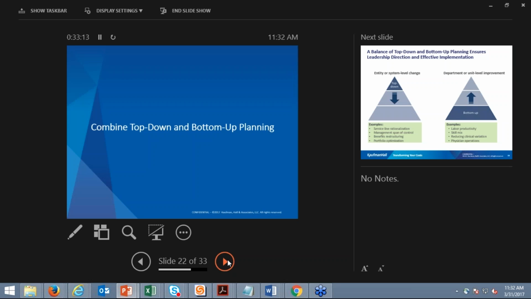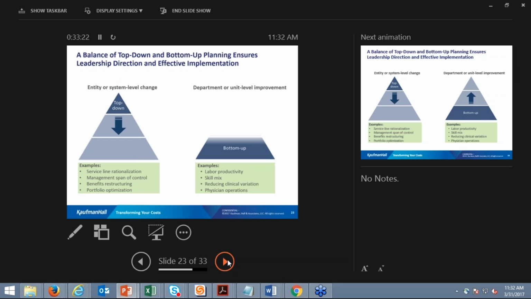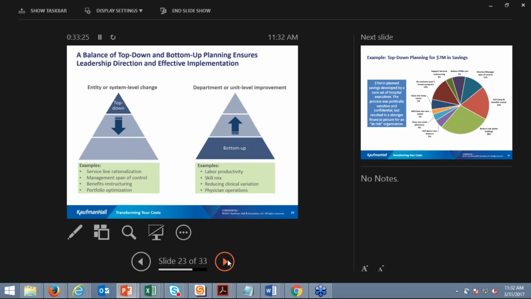So then part of the lead process is the planning process, and we wanted to kind of talk to you about what that can look like. On the next slide, you'll see that we really need to measure both that top-down approach with the bottom-up. So for example, there are going to be plans in the top-down approach that can only be top-down, right? Benefits restructuring, management span of control, that you really wouldn't want to engage the organization in developing. But at the same time, the top-down approach is incomplete because the top-down approach is led by leaders who don't know the day-to-day work